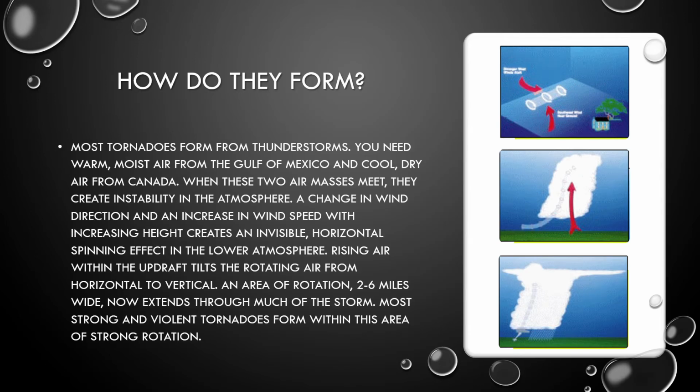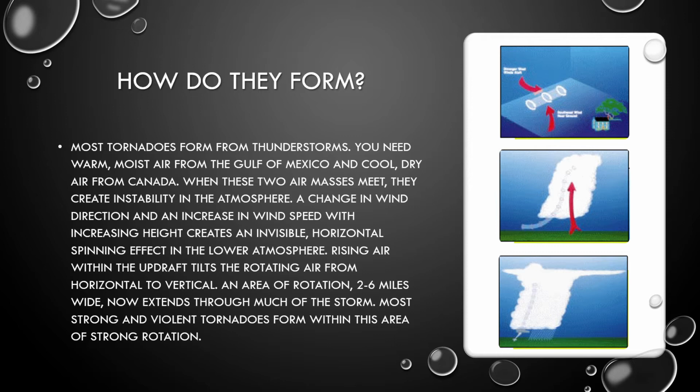So, how do tornadoes form? Most tornadoes form from thunderstorms. You need warm, moist air from the Gulf of Mexico and cool, dry air from Canada. When these two air masses meet, they create instability in the atmosphere. A change in wind direction and an increase in wind speed with increasing height creates an invisible horizontal spinning effect